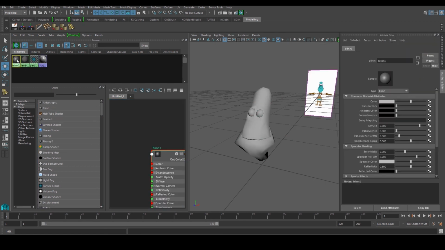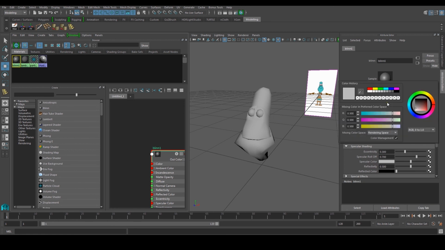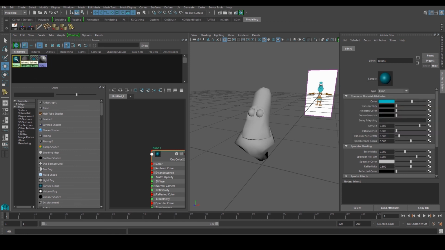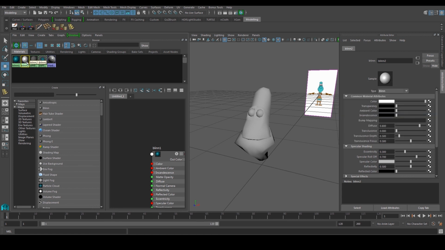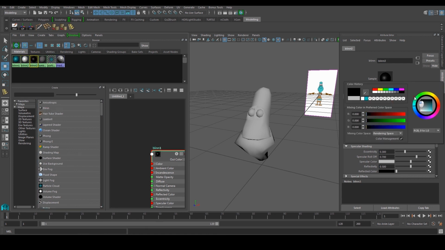So I have a blinn over here, so I'll double click on it, and over here on the color, I'll click on my color panel, and choose a few colors over here. I'll choose a blue, and then I'll create another blinn. I'll choose this time a white. Right, this one is good, and I'll have another one, and I'll choose a black.